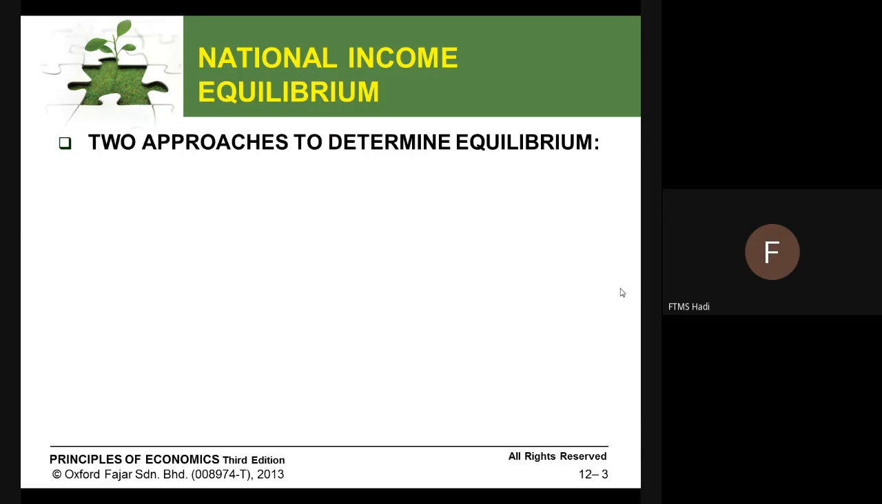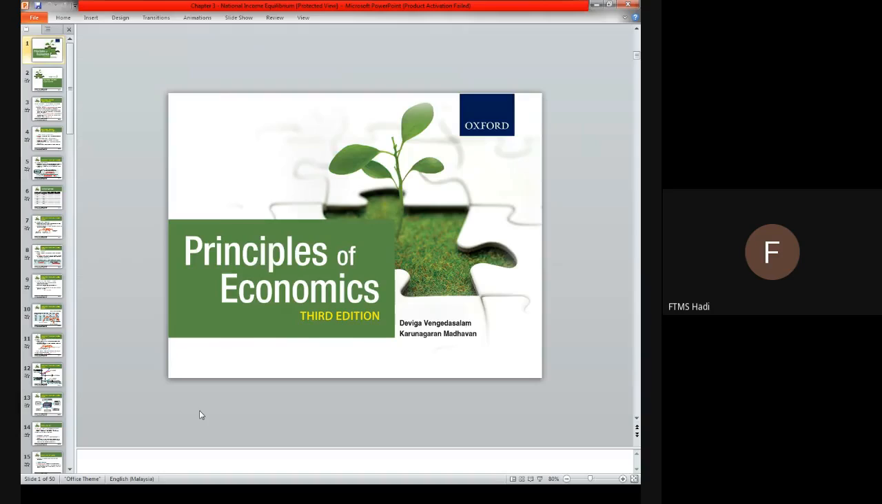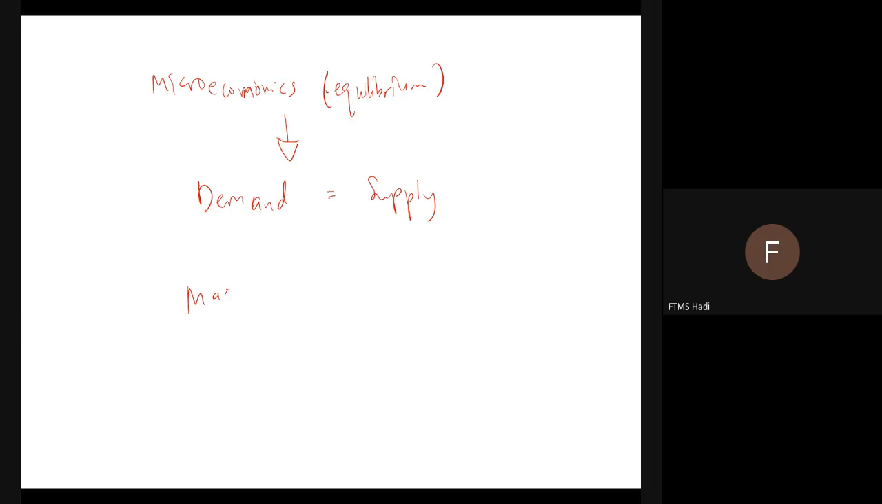All right. Next, equilibrium means that there will be similarity between the left side and the right side. That means the balance between two components. But before this, let me show you something. During your microeconomics, the basic equilibrium that you learned before is whereby the demand equals supply, isn't it? But for macroeconomics